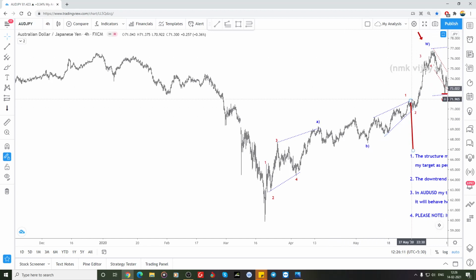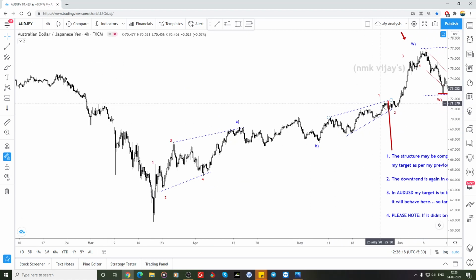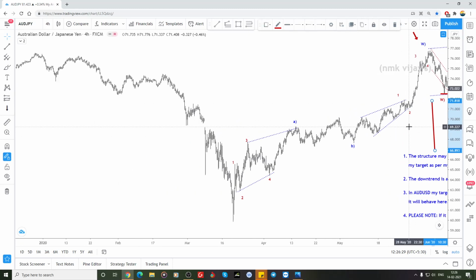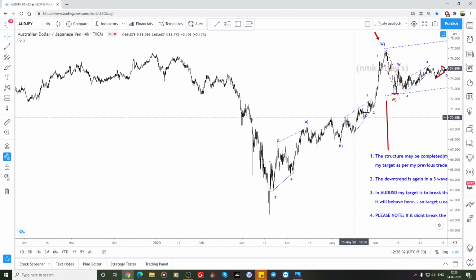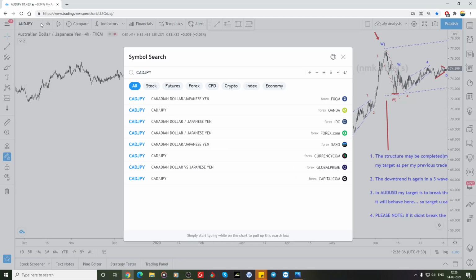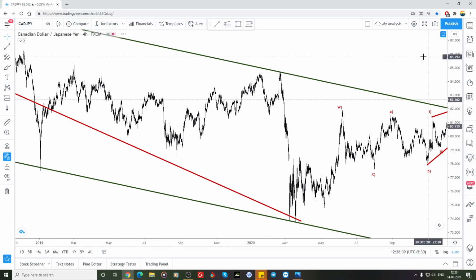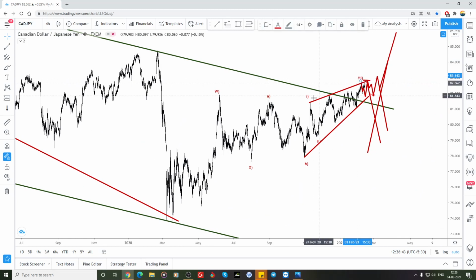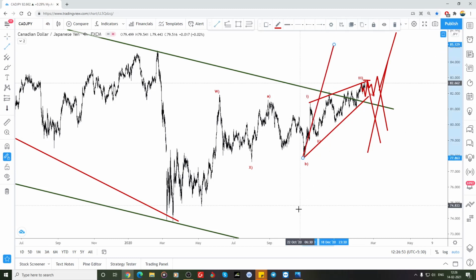So this kind of wave formation, after the wedge formation, everybody is looking for the downside, and everybody will be greedy to catch the top. And if we sell, and if you put the stop loss, it's fine. But if we are not using the stop loss, you will lose the money, right? So like this, it could be anything, because I'm not so focused on this pair, because I'm doing only the major pairs. This is only for the analysis. And last time I took this to watch, because the 5-wave structure, after the 3-wave structure, I needed to take the trade for this kind of trade. It's not this kind of messy trade. That is why I keep on watching. But again, it is doing the 3-3 wave, so